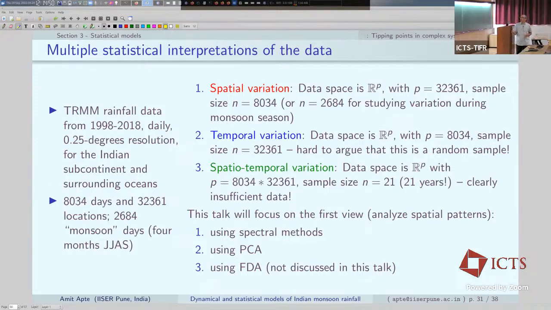So what I will quickly show, and talk about the reasons for trying these kinds of methods, is based on the first point. You think of having something like 8,000 samples and trying to capture and understand the spatial variation of this problem. I'll skip talking about these two methods, but just talk a bit about the spectral methods that we use, basically graph Laplacians.